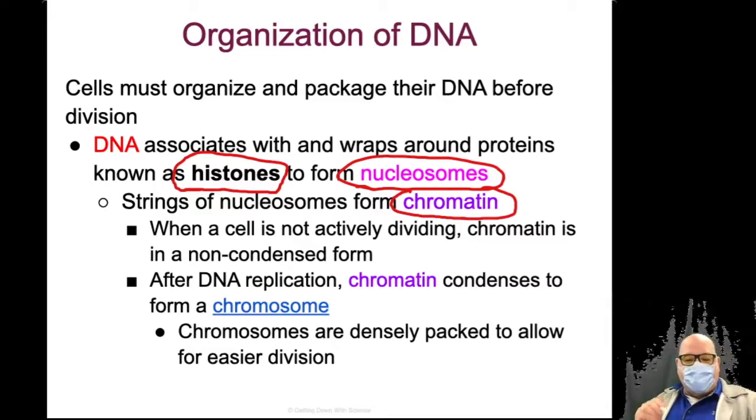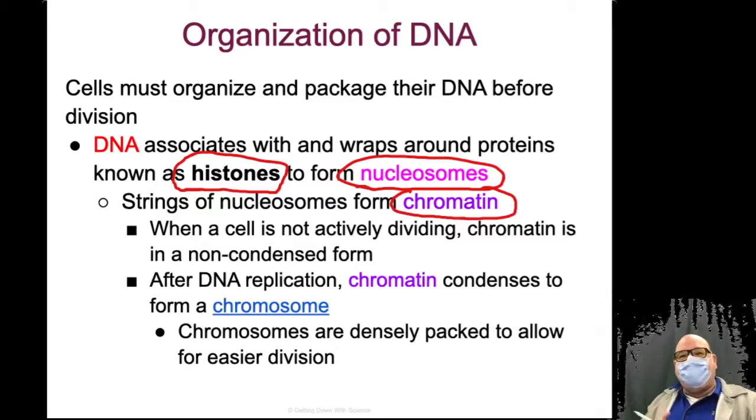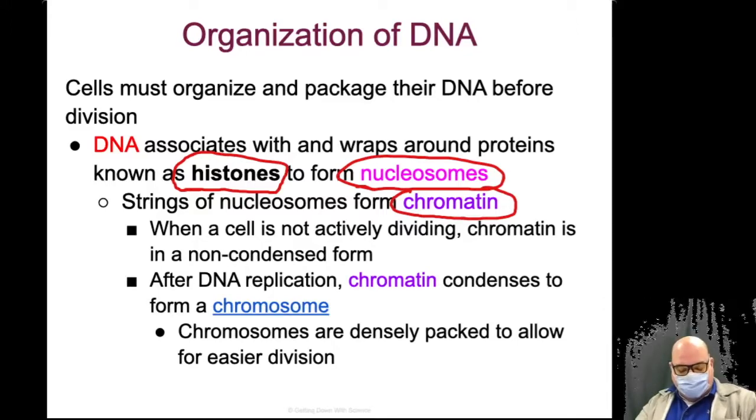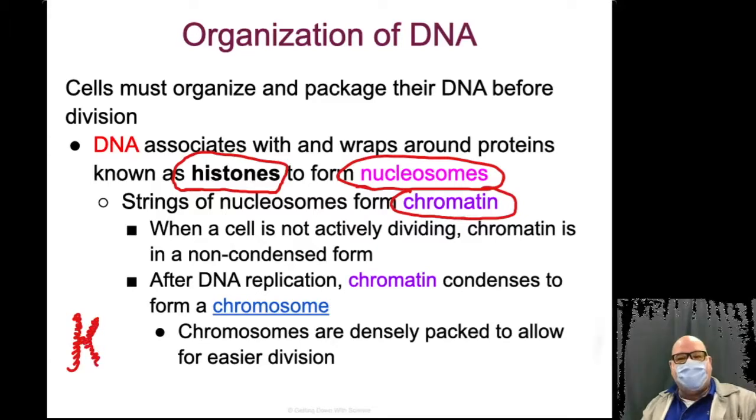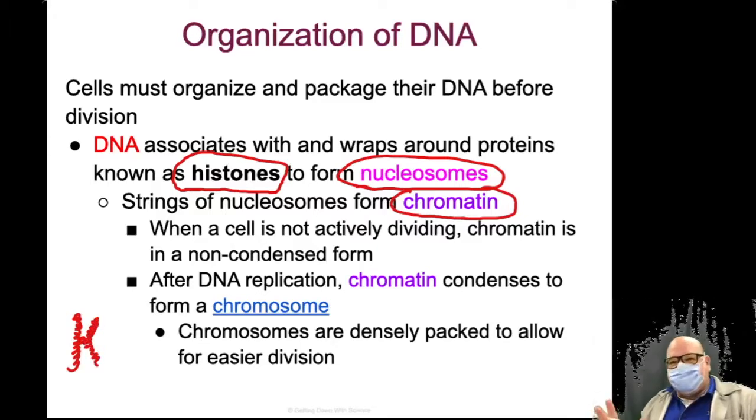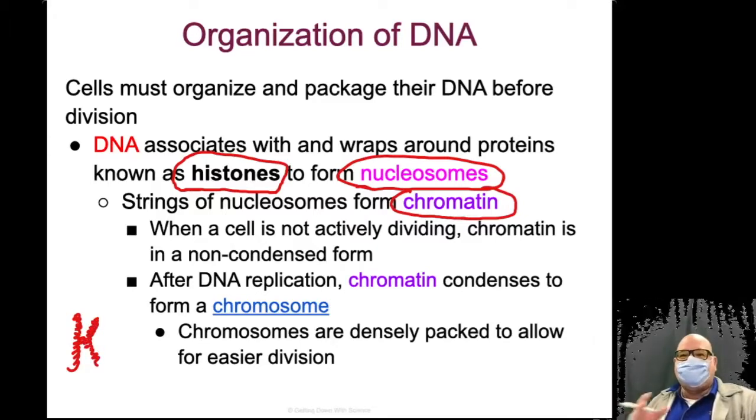So after DNA replicates, we get what are called chromosomes. And it's sort of its final form, okay? It's all densely packed up, and we see these classic chromosomes that kind of look like this right here. You've probably seen X-shaped chromosomes. Okay, that's actually two of them, but I just want to give you an idea of what they visually look like.